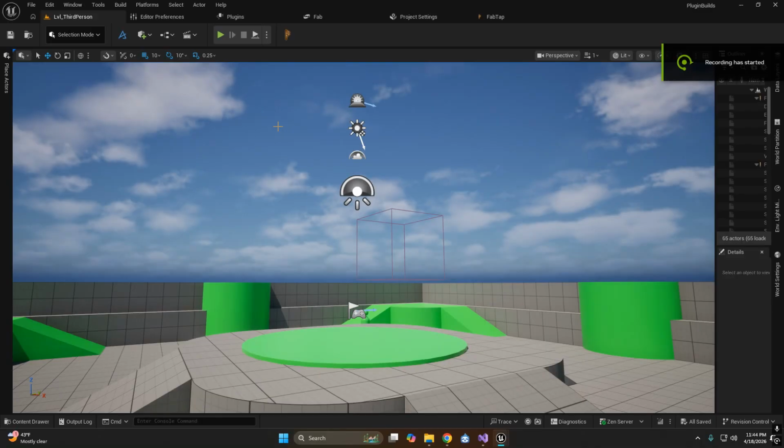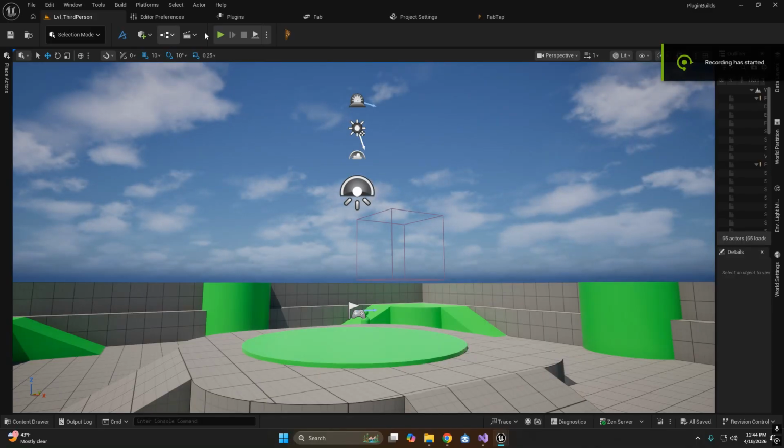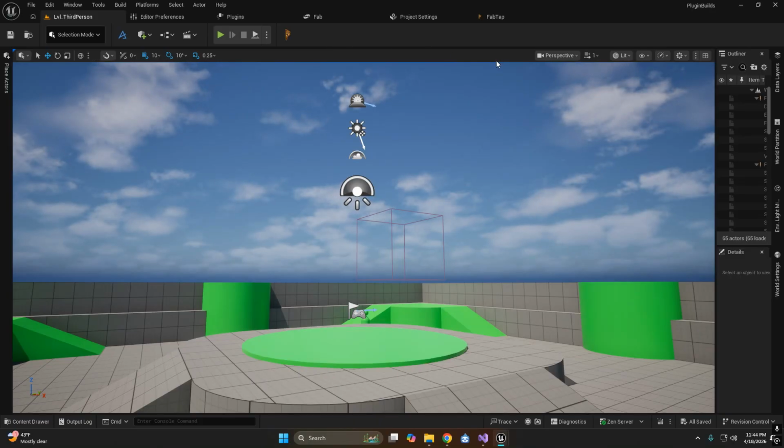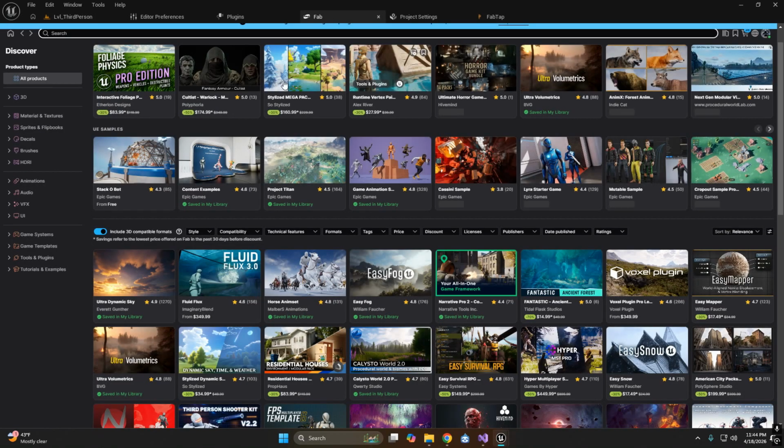Hello everybody, and I wanted to go over a preview of my newest plugin that I am creating called FabTap. A little brief explanation. What FabTap is is an extension of Fab. So this is Fab here,